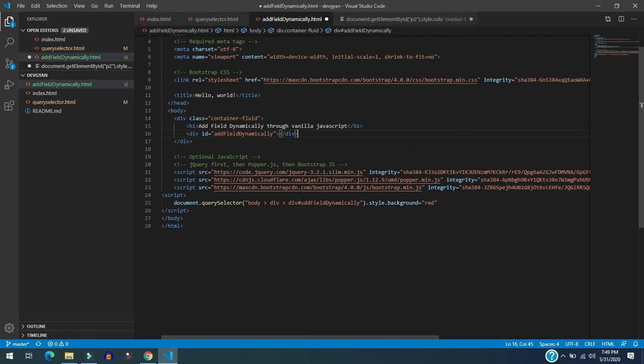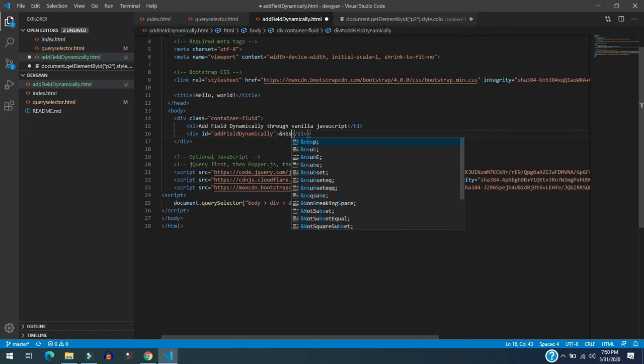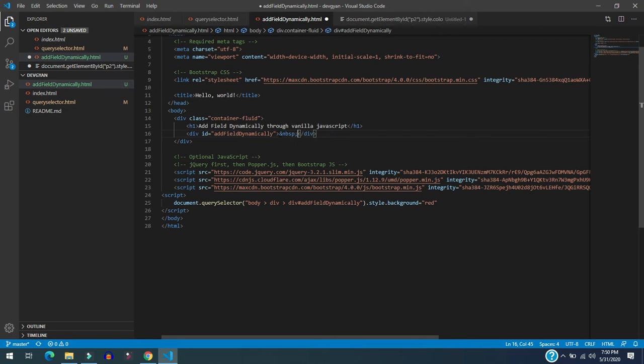In place of id, if this is a class, then we need to use a dot here. Now since this is a division, I am going to fill it with some space, so nbsp, as you know that we use nbsp to provide some space.